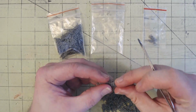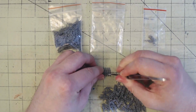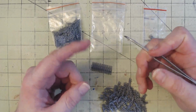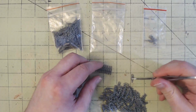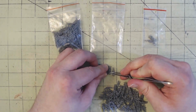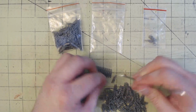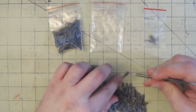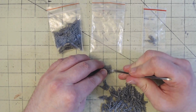Now, they do recommend that rather than trying to use your hands, to use a pair of tweezers and the table, and I found that to absolutely be true. I think it just has to do with the tolerances of the give. The fingers being fleshy, they give a little bit more, and you need something hard to push them up against, but they go together quite well, quite easily. There we go. These tweezers are starting to get some age on them. I need to get some new tweezers, or possibly clean out the tines. I use them for painting a lot, so they get paint inside of the grips, but you can see how much faster already